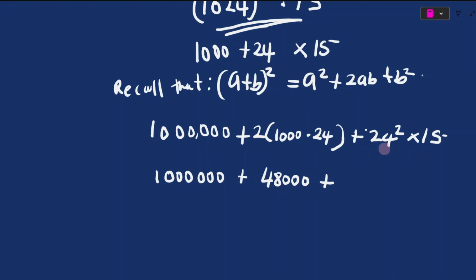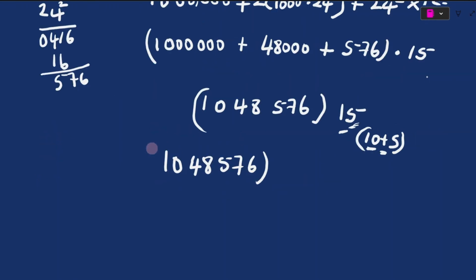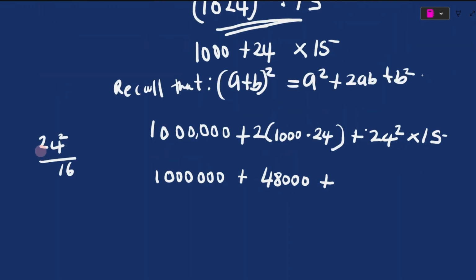Making use of our math trick here, if we are not using any calculator, let's solve it out. 24 squared. Without using a calculator, because that's the instruction, we now solve it out. 4 squared gives us 16. 2 squared gives us 4. 2 multiplied by 4 is 8, and 8 multiplied by 2 is 16. We write it here. If we add, we have 7 and we have 5 here. Therefore, the answer here is